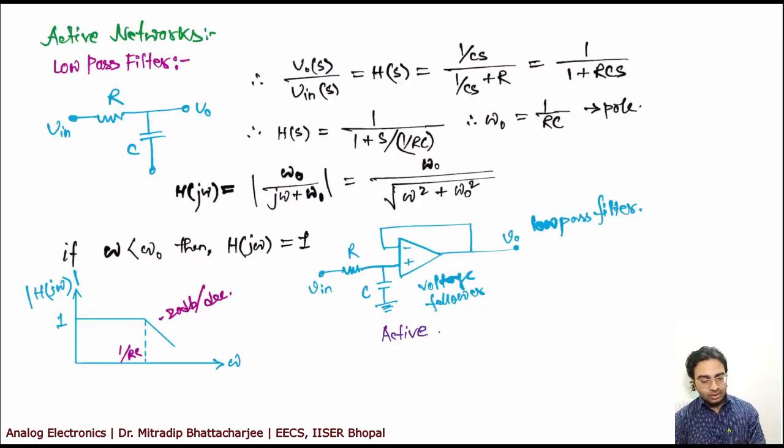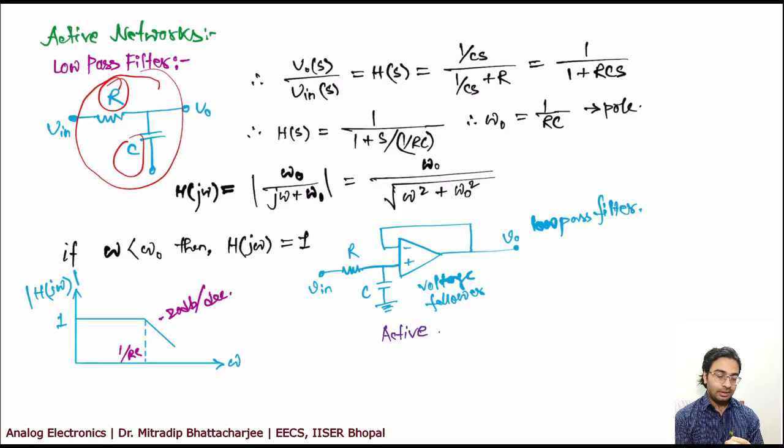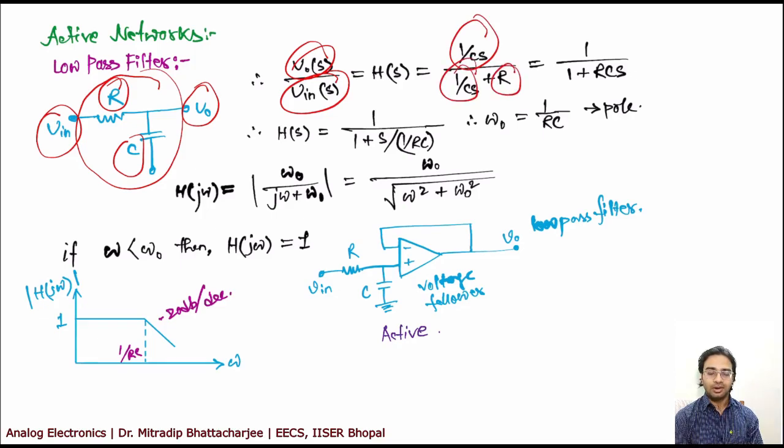Okay, so let us start with a simple RC network, a passive network. In this case you have R and you have C, and this is Vin, this is your Vout. I also have done something similar in previous slides. So V0(s) by Vin(s), that is the transfer function, is 1 by Cs divided by 1 by Cs plus R, or you can write 1 divided by 1 plus RCs, as shown here. If you arrange it a little bit, the transfer function will look like this.